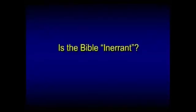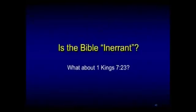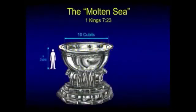So the question also comes up now, is the Bible inerrant? Does the Bible have errors in it? When I was a teenager, I believed in the Bible and so forth. I had a friend that was the son of a Unitarian minister, so he knew his Bible, but he didn't take it seriously. He said, well, what about 1 Kings 7:23? And he'd always throw this at me, because in 1 Kings 7:23, it deals with Solomon's big laver for